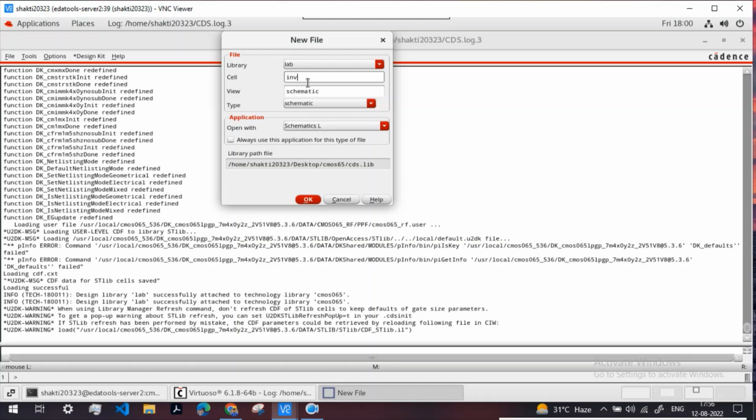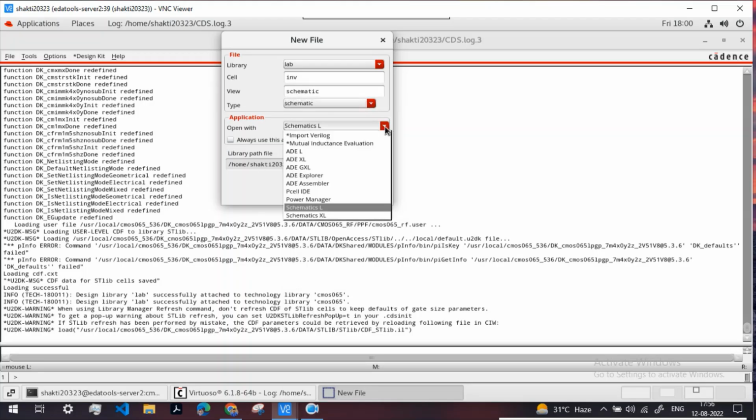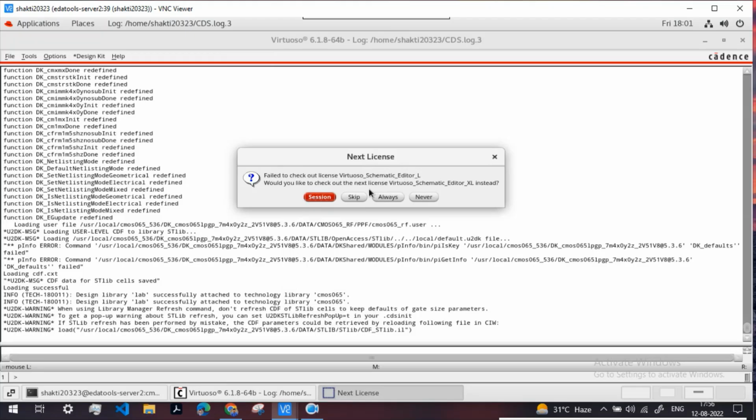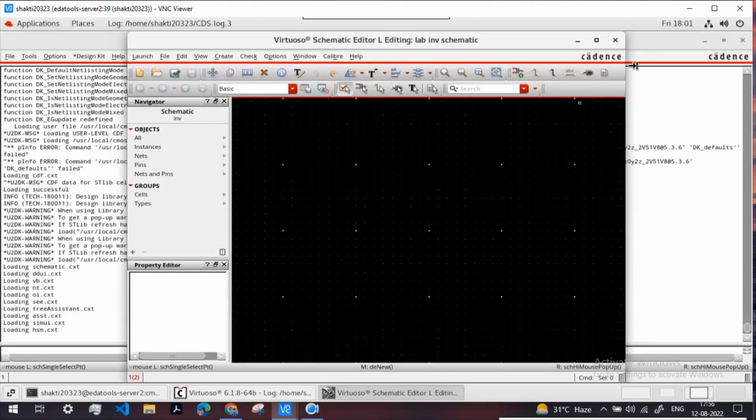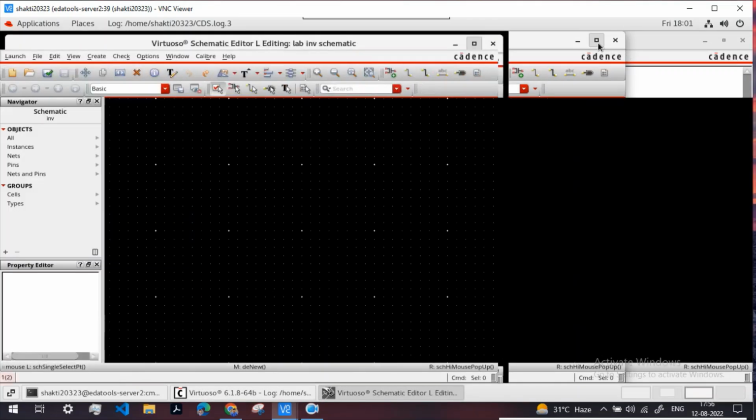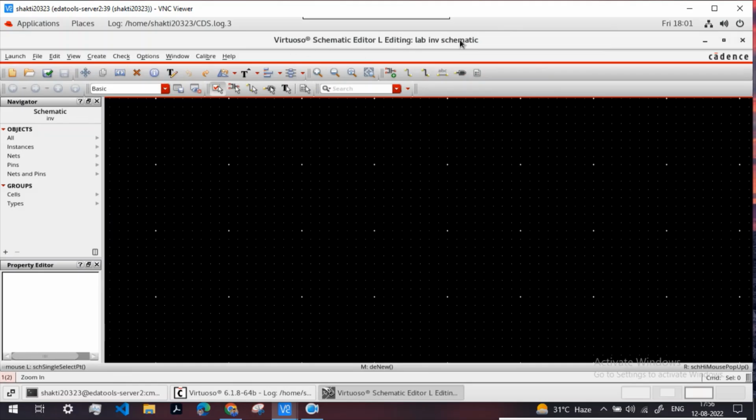Since we are drawing the schematic of CMOS inverter, I'll be naming it INV. For now we will be keeping the view as schematic only. We will be opening the schematic L only, and then you need to click on OK. You'll see that the schematic editor of Virtuoso has been opened,